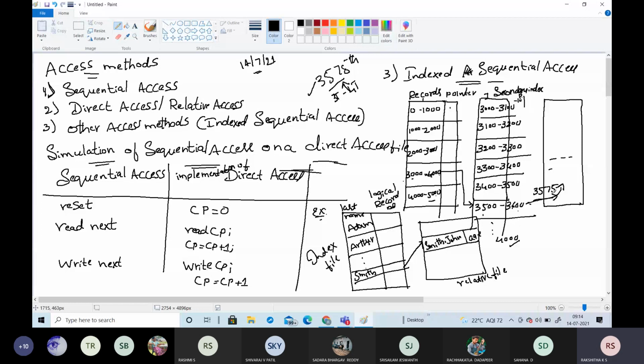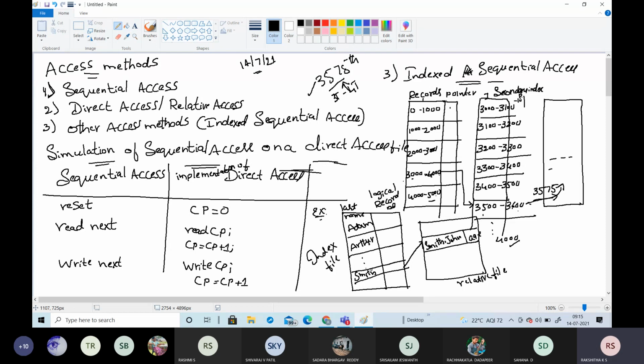Here is one example: the index to the relative file. The first table is known as the index file, and the second table is known as the real file. It contains two different columns. The first is the last name and the second one is the logical record number, which is present in the second column. If you look into the last names, there will be names present, and it is a relative file.